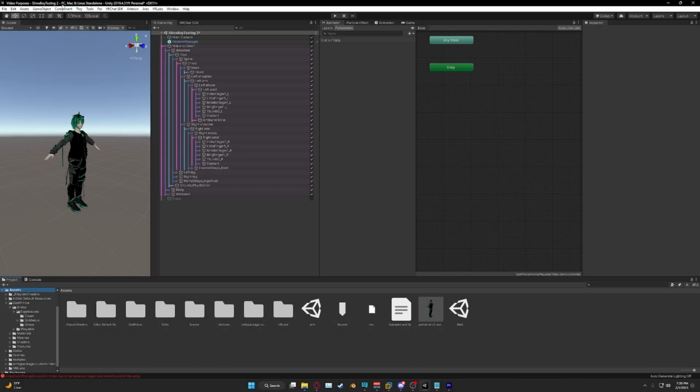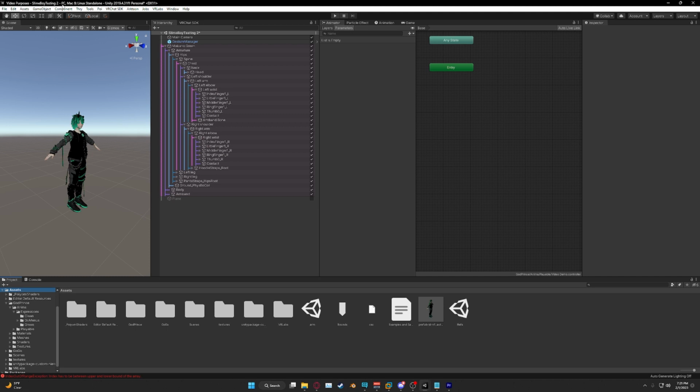Hey guys, so I'm going to give you a quick tutorial on how to set up the slime. Before we get started, make sure that you're using Poiyomi 8.1.155 or newer. This guide is also going to include the Avatar 3.0 Manager. I highly recommend having that as it does save a lot of time and cut a lot of the tedious